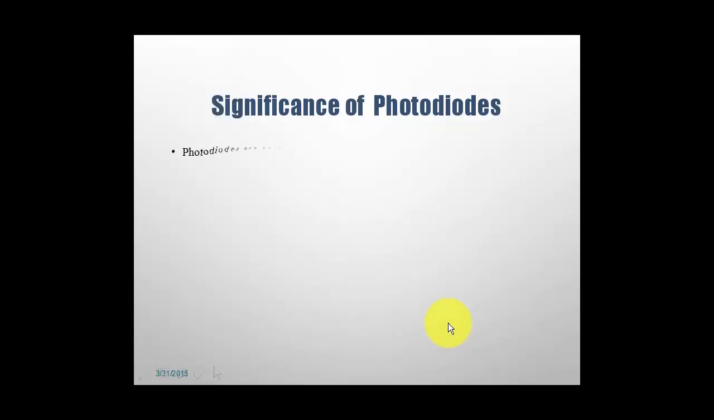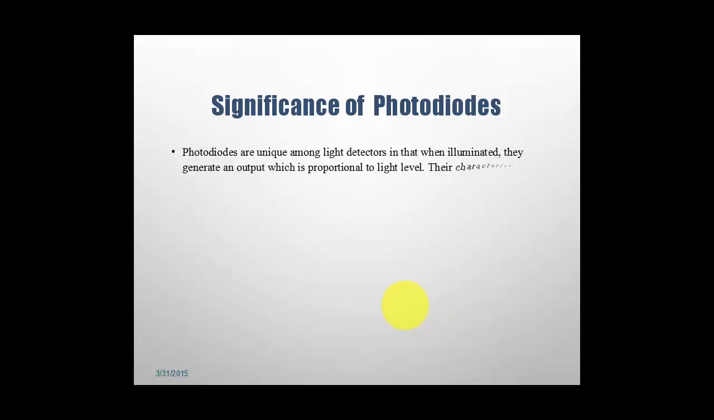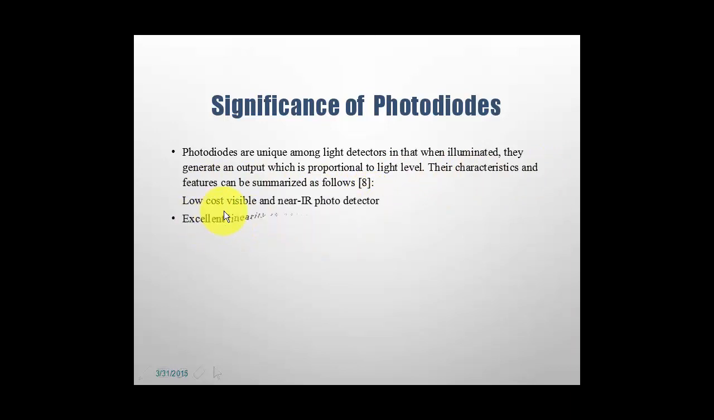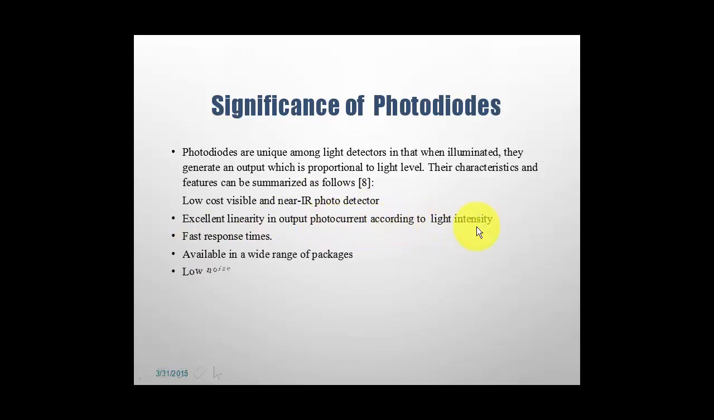Significance of the photodiode. Photodiodes are unique among light detectors. When illuminated, they generate an output which is proportional to the light level. Their characteristics and features can be summarized as follows: low cost, visible and near IR photodetector, excellent linearity in output photocurrent according to the light intensity, fast response times,